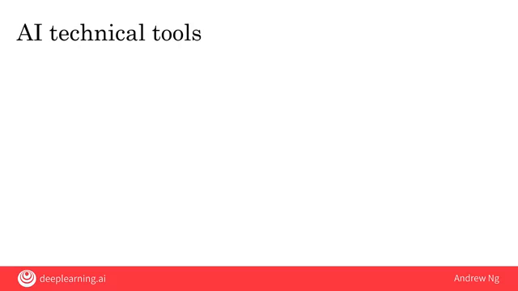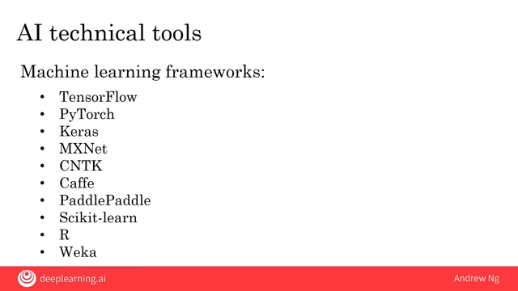We're fortunate that the AI world today is very open and many teams will openly share ideas with each other. There are great machine learning open source frameworks that many teams will use to build their systems. So if you hear of any of these, TensorFlow, PyTorch, Keras, MXNet, CNTK, Caffe, PaddlePaddle, Scikit-learn, R, or Weka, all of these are open source machine learning frameworks that help AI teams be much more efficient in terms of writing